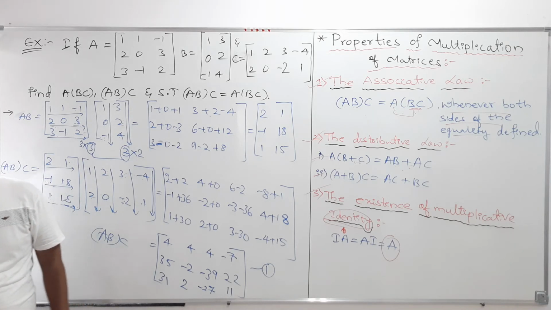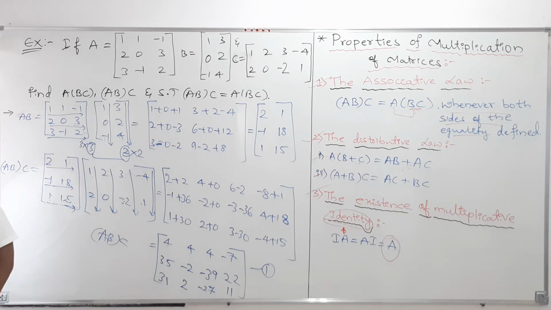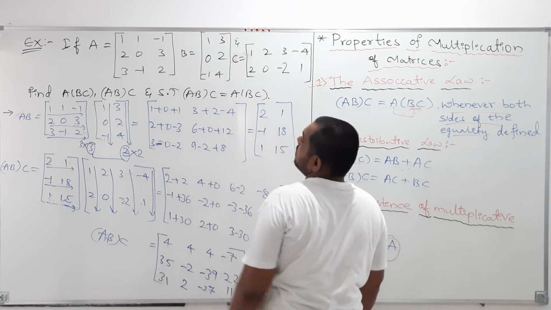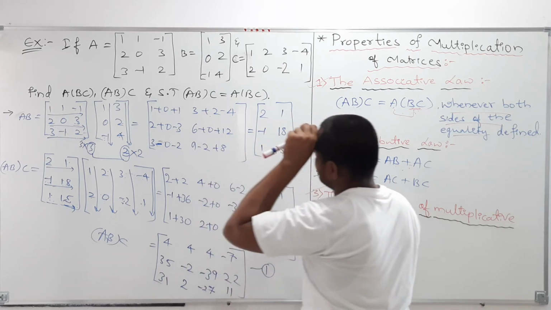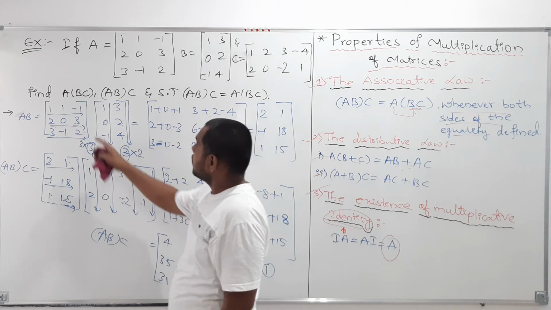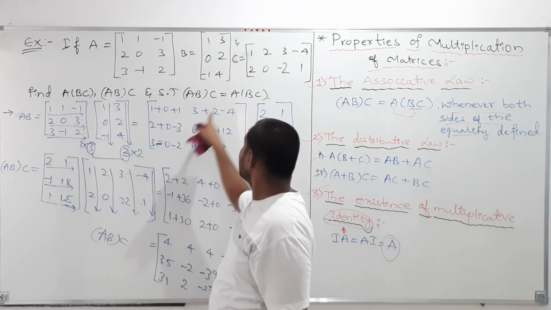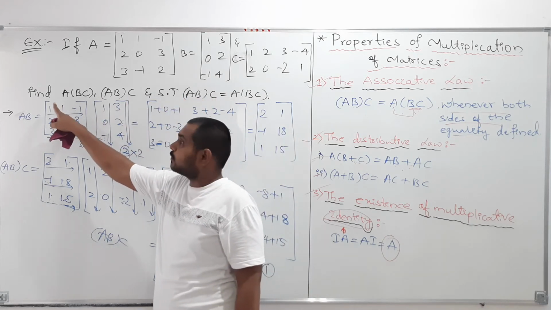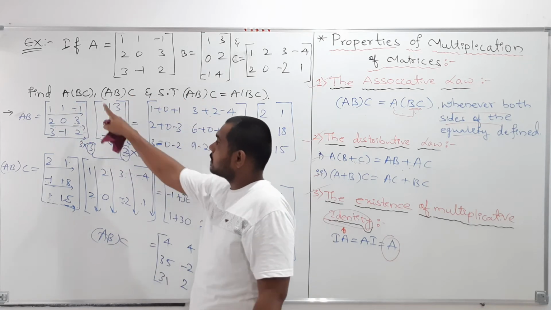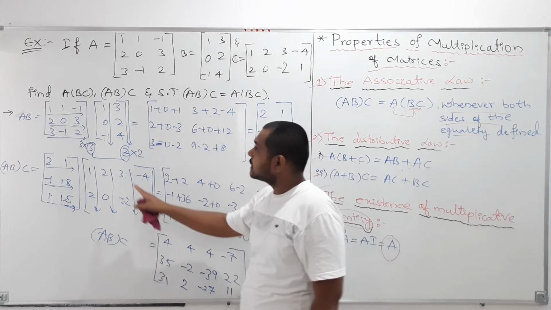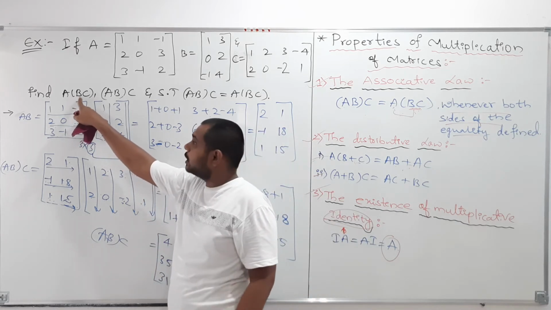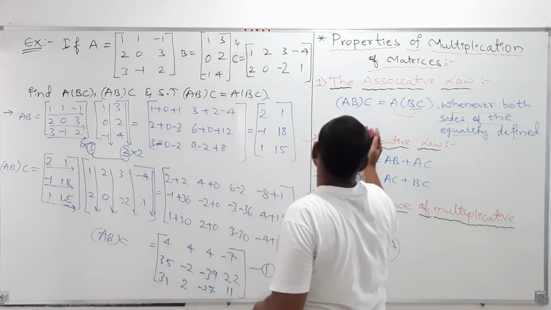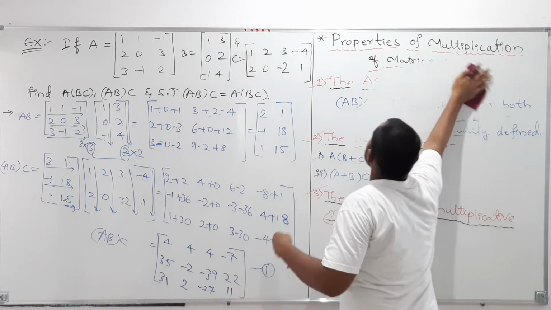So here it is. Next, we will find the BC value. Here AB into C value, they ask, this is the value. Whatever we required here, the same value they asked you to find: find A into BC and AB into C. So AB into C I already solved. Next I want to solve A into BC. To solve A into BC, I will find the BC value. So now, my dear friends, BC is equal to,